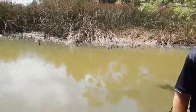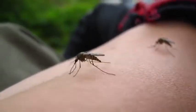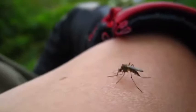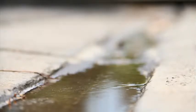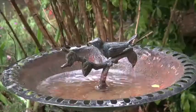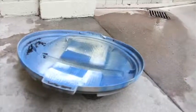But for the program to be really effective, the health department needs our help. So what can you do? Easy. Make sure you aren't raising mosquitoes in your own backyard. Look for any stagnant water where mosquitoes can breed and get rid of it. Check any ornamental ponds, bird baths, plastic wading pools, trash can lids, or other places where water is standing,